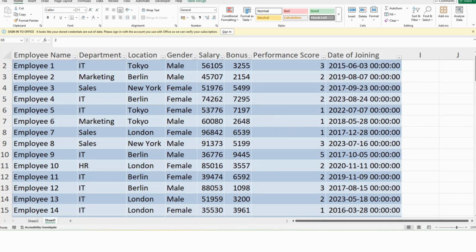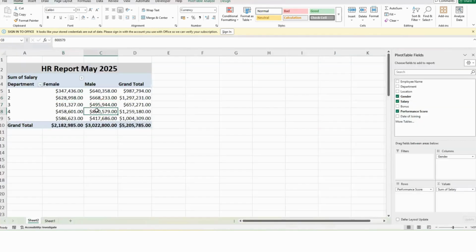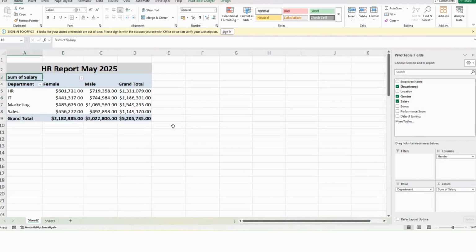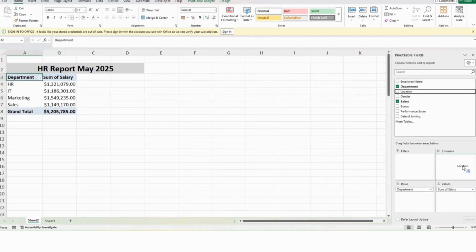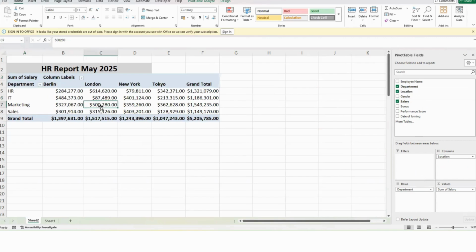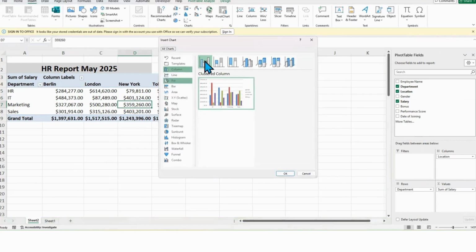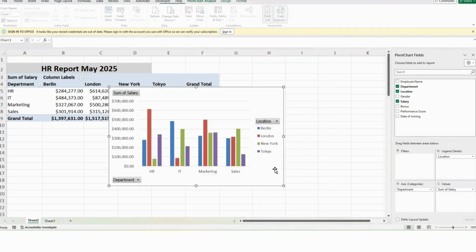So we have the pivot table, which is what we just created here. But can we create a chart based on this? For example, if I have my department and I have my location as a column, can I create a chart based on this? Yes, I can. So what do I do? Click in the pivot table, go to Insert, and then you can choose Recommended Charts or choose any one that you want. So if I choose a column chart,